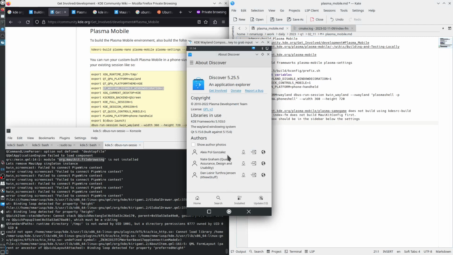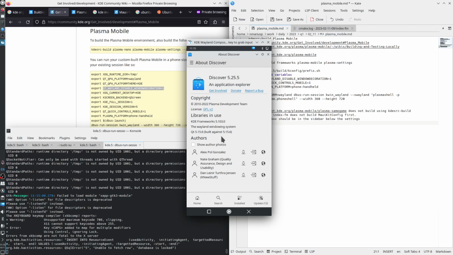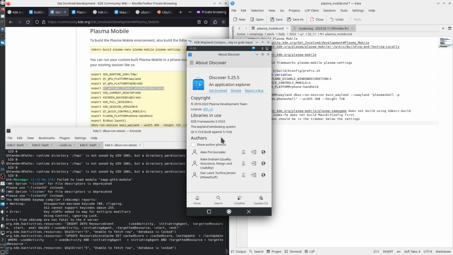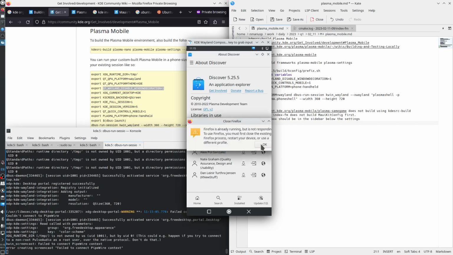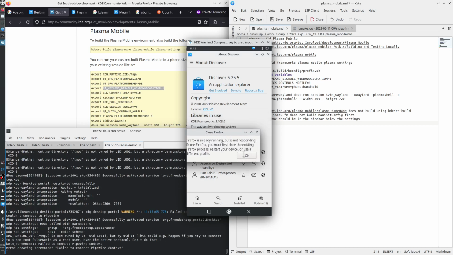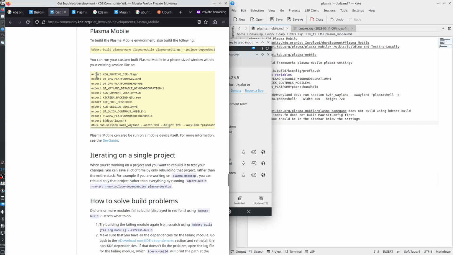Okay. Let's see if it starts the correct web browser. So it still tries to start the desktop Firefox instead of the Kirigami web browser, which is Angelfish, but that's probably because it doesn't have a separate configuration directory, so it tries to